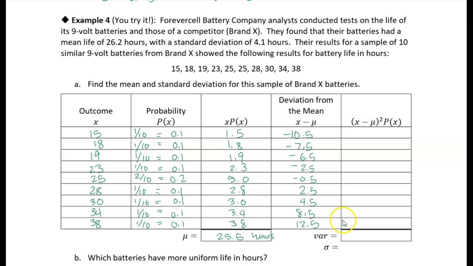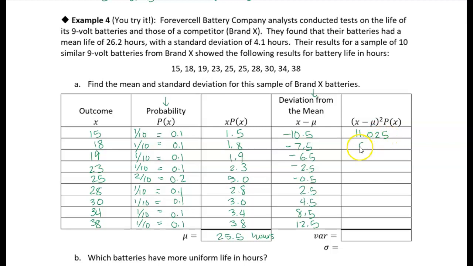All right. Next step is just to square the deviations from the mean and multiply by the probability. So make sure you grab the right columns, okay? It happens a lot that people grab the wrong columns when they're doing this. So we're going to square the fourth column and take it times the second column. Okay, and when I do that, I get